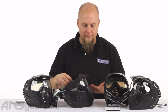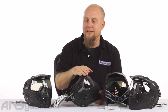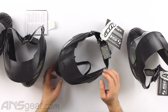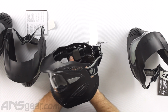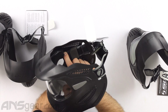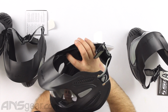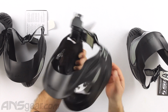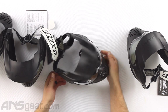Let's go ahead and pull one apart real quick. We'll take the lens out. It's super simple to get the lenses out. The visor, like I said, is formed into the mask, so you cannot take the visor off on this, which is okay because, like I said, it's not really in the way up there. Inside, we've got a gray bracket right here. You can see up at the top of the bracket, there's a little finger right there. Now this finger, you can pull it down like that and then rotate this whole bracket up. So once you've pulled the finger down, the whole bracket will pivot up and then will come out. Do that to the other side, pull the finger down, rotate the whole bracket up, pull that out, and